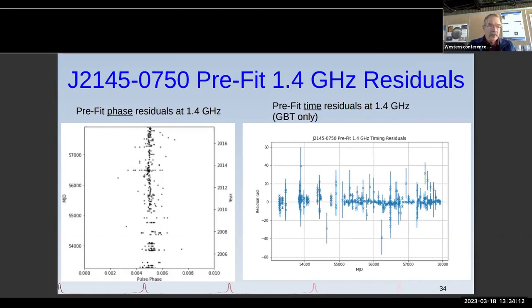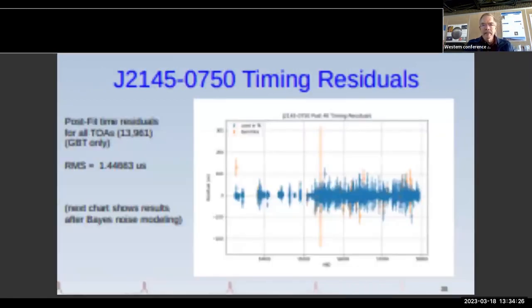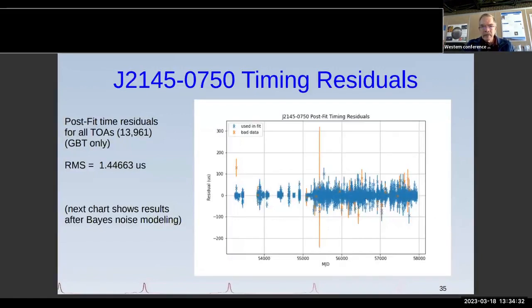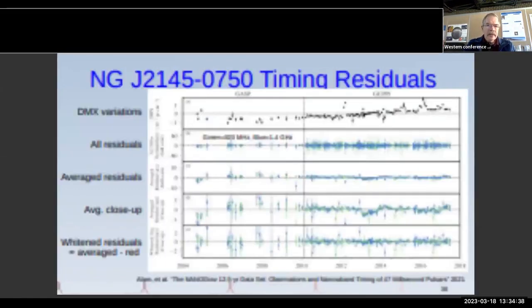They'll have a major hurricane or earthquake and the telescope was offline for 9 months or a year or something. But when you're collecting data for 12 or 20 years, that can get averaged out. Then again, I go do the PINT process to model the parameters, adjust the model parameters, throw out the outliers. Again, it's flat with a small RMS, and then